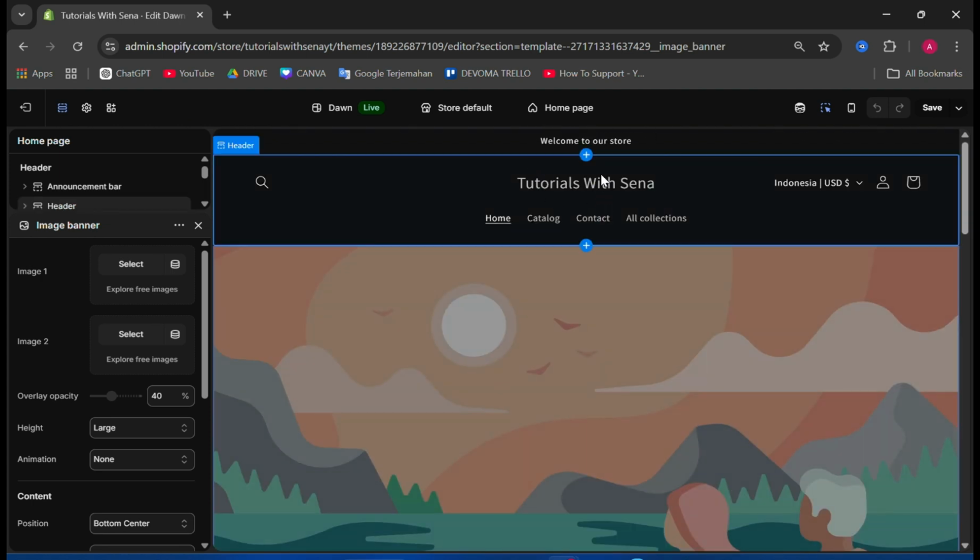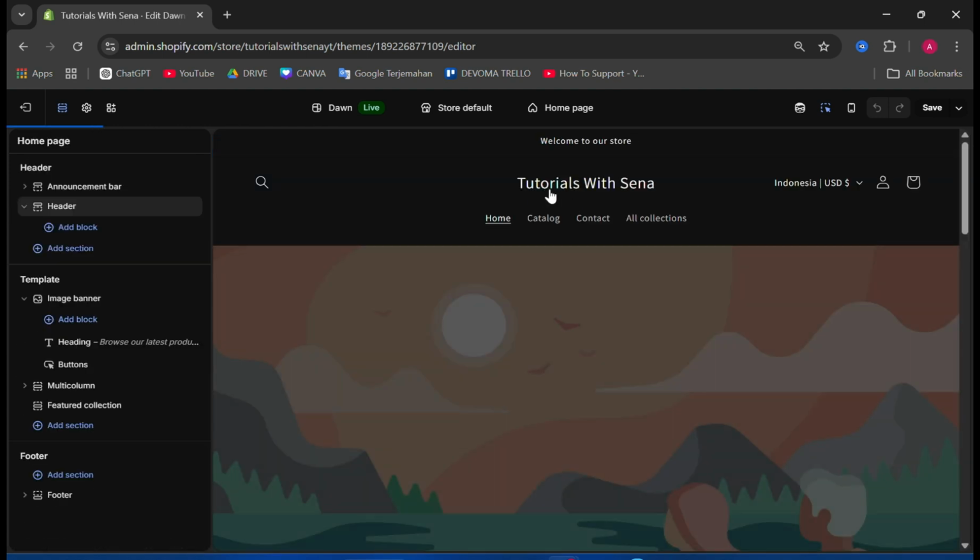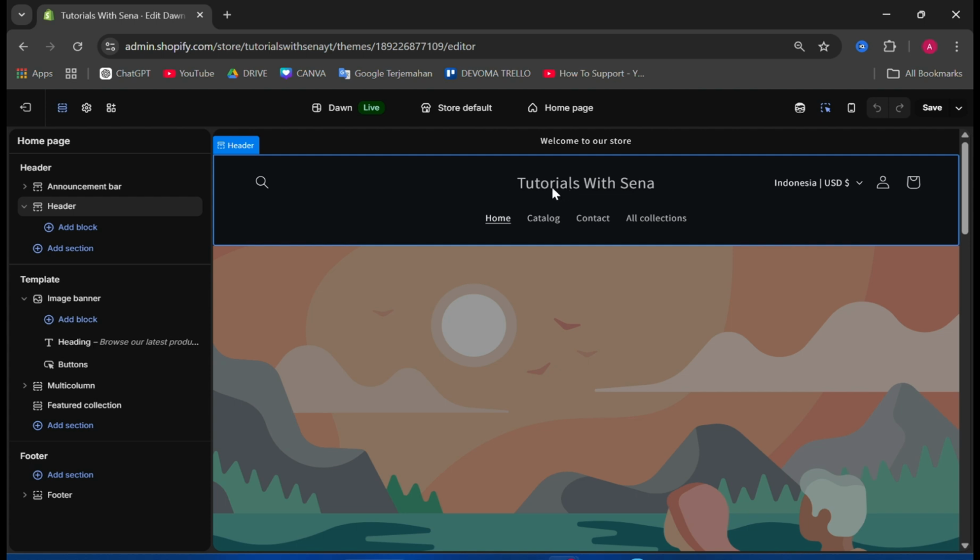And as you can see, my text logo is in the center of my page. So maybe I want to change it to the left side or right side. It's going to be very easy. You can just click in this area or on the logo, and then as you can see on the left side of your screen, there's the sidebar setting. So you can just click the header,